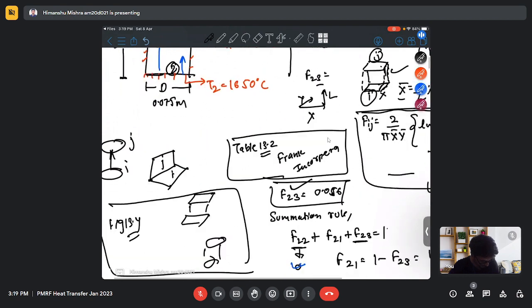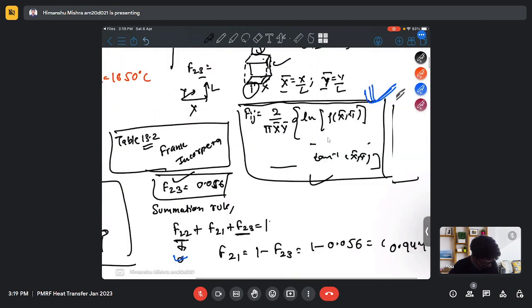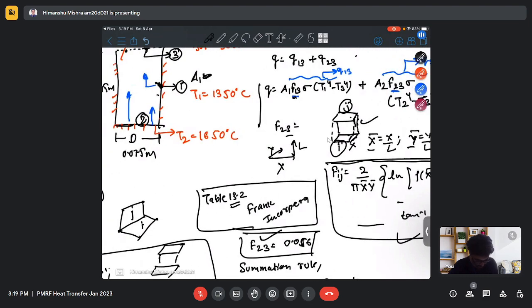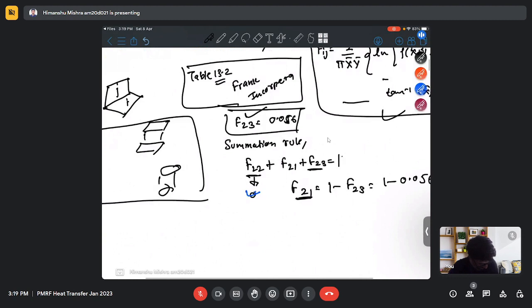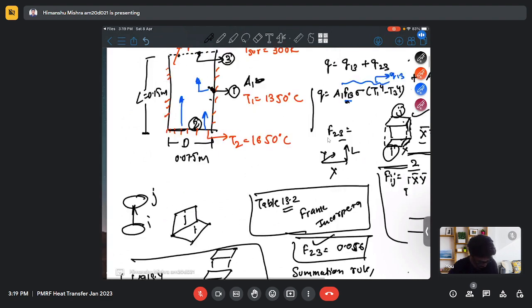So we now have shape factor F21, so we can use the reciprocity theorem to find the shape factor F12, because